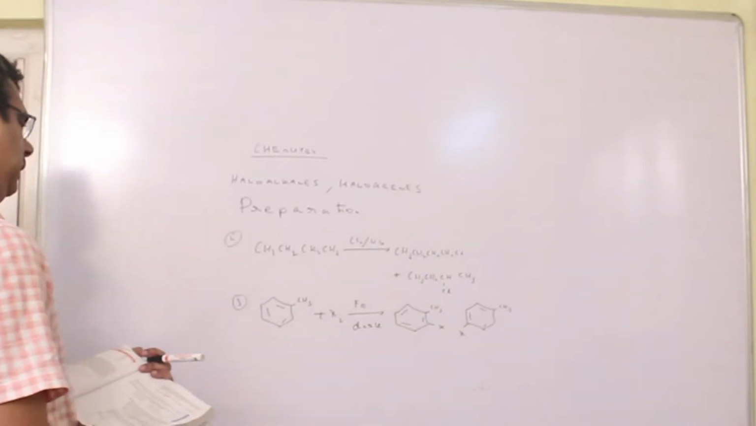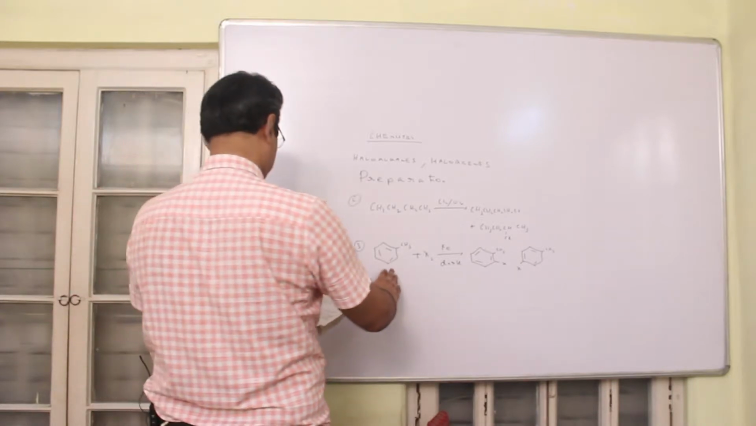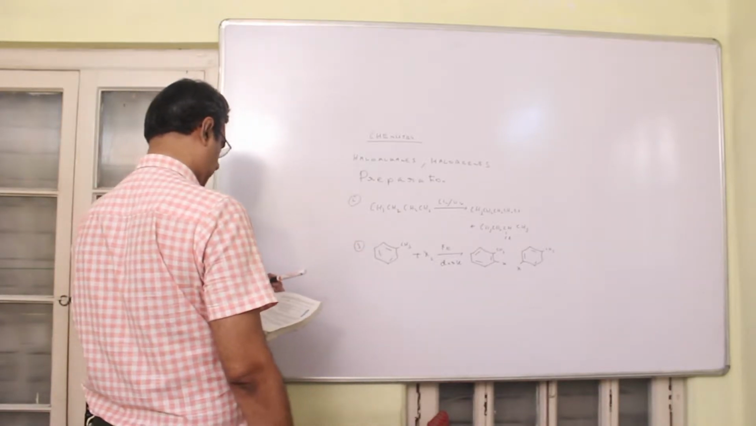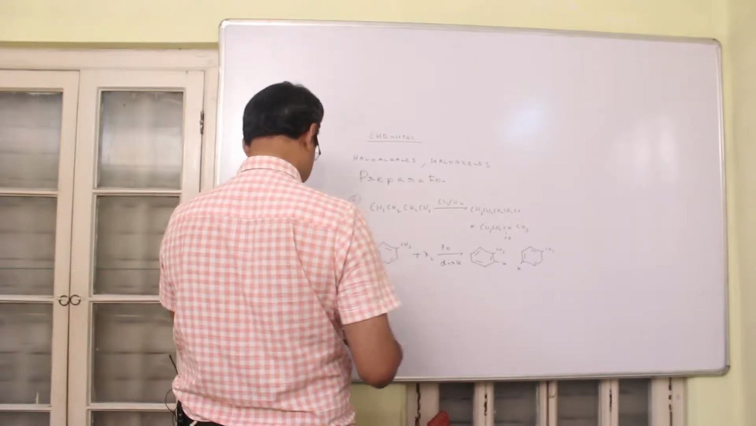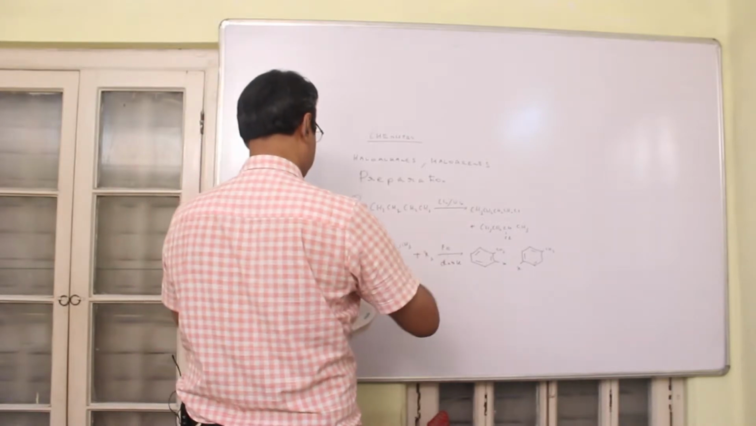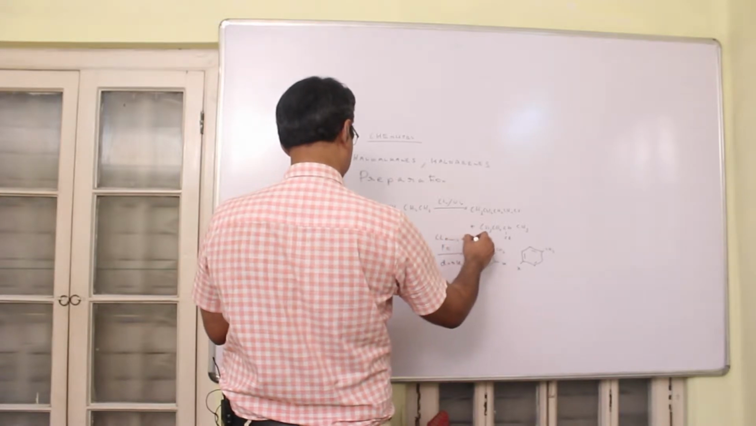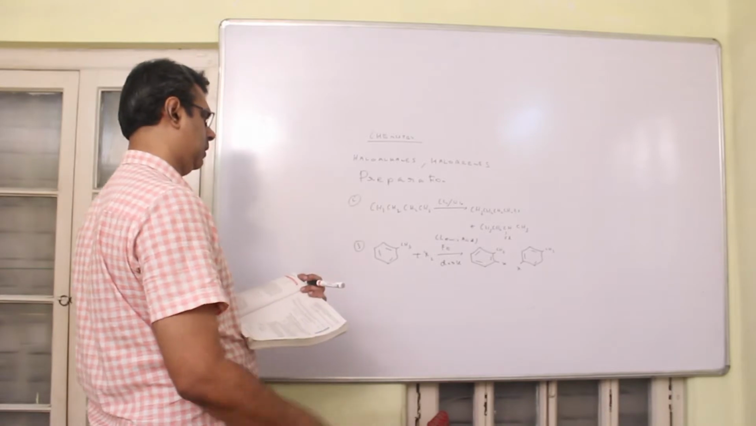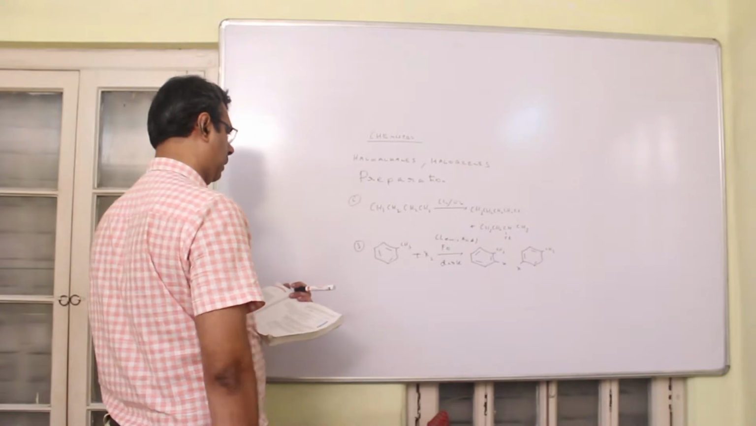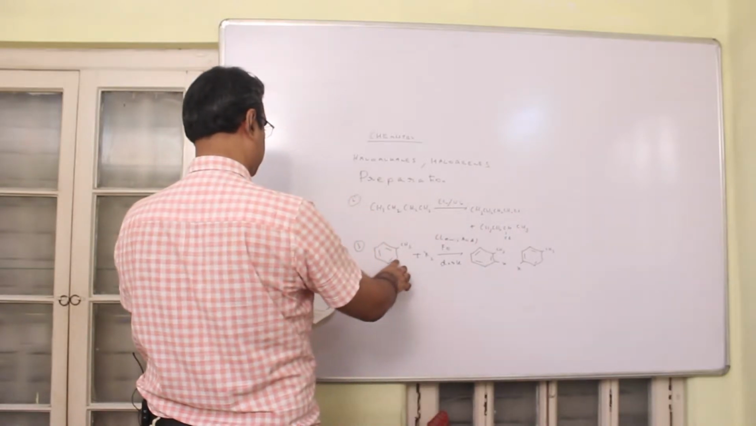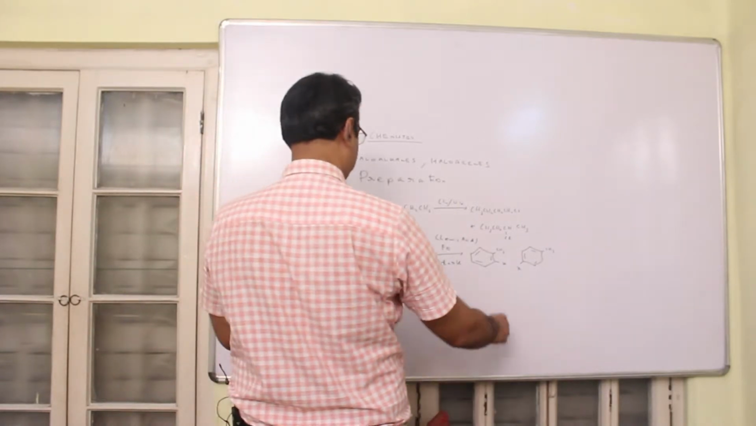Now we come to a very useful method of preparation of haloarenes. Suppose you react a benzene derivative, suppose toluene, with halogen in presence of iron. Iron is playing the role of a Lewis acid. So you know that whenever there is a Lewis acid involved, it is definitely an electrophilic substitution mechanism. So a hydrogen in the ring is substituted by a halogen, and that can be done in ortho position